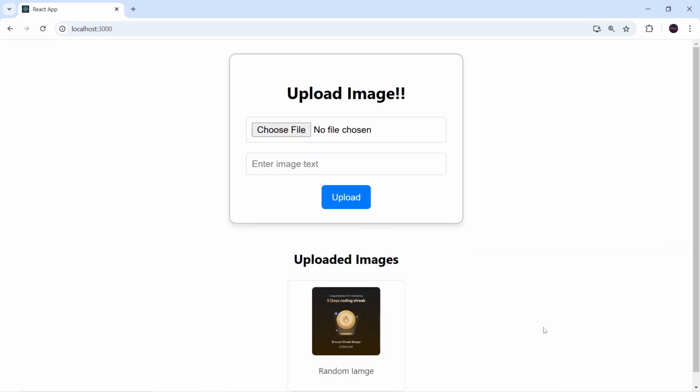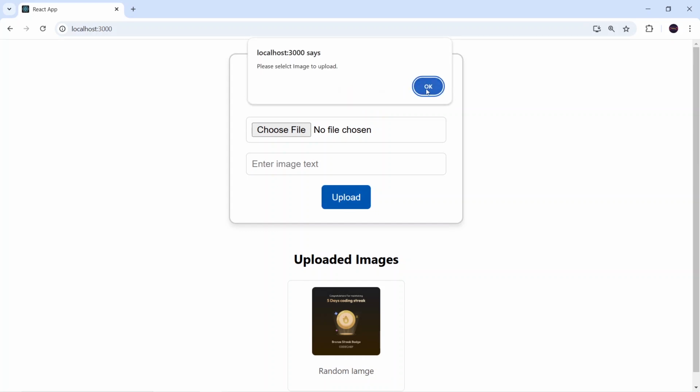In today's video, I'm going to show how we can upload image in React.js, Node.js and MySQL. So first, let me give you the demo of what we are going to develop in today's video. You can see here, this is my application where I can upload the image. Currently, I haven't chosen any image. So if I click on this upload, I'm getting this message, please select image to upload.